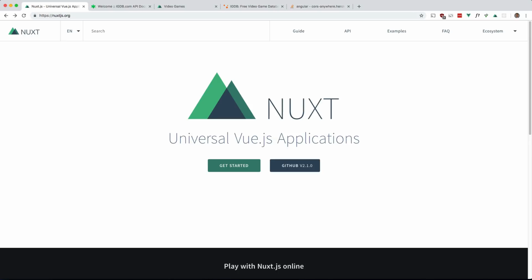So what exactly is Nuxt? Nuxt is a framework on top of Vue.js. So why would we want another framework on top of Vue? Well, the main reason is for server-side rendering. If you're using just a normal Vue app, everything is rendered in the client. The disadvantage is that your SEO will take a hit. With Nuxt, your application is rendered on the server using Node, and Google can crawl your site like it does